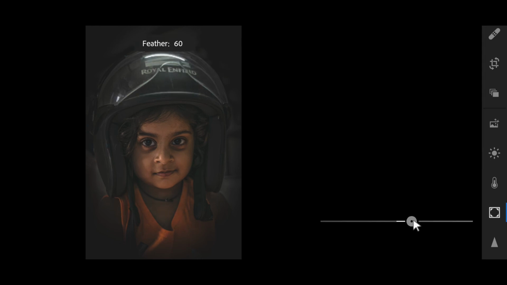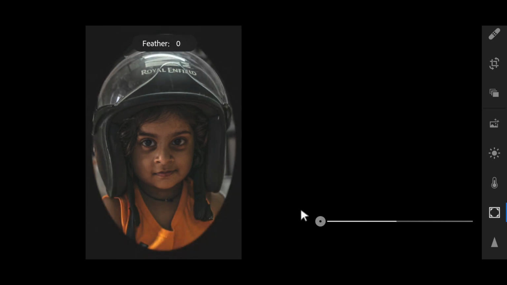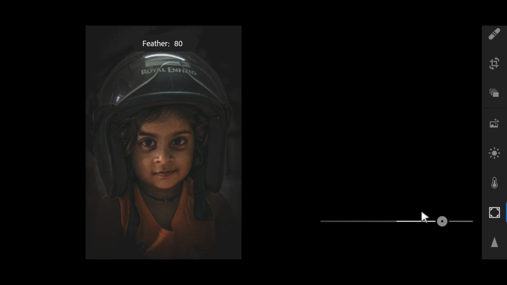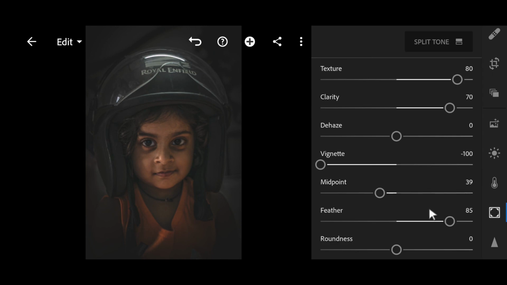Now feather. Feather is basically the transition of the vignette here. Now when I take it to the right, it just smoothens the edges of the vignette. This looks perfect.